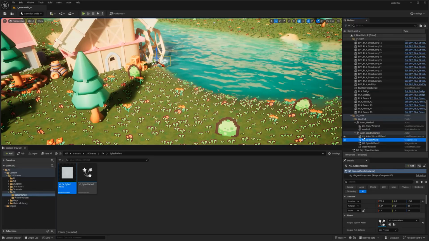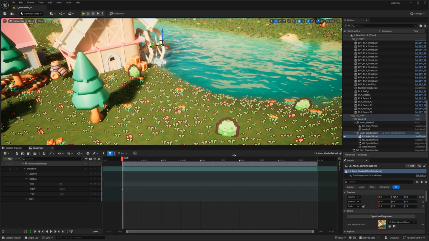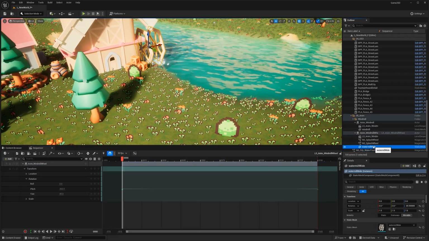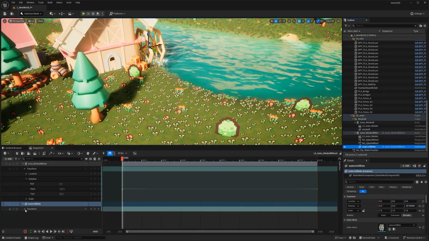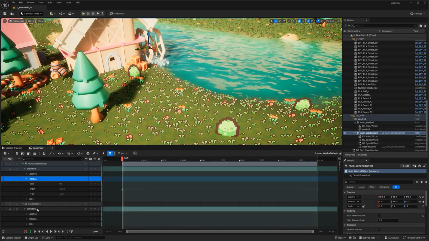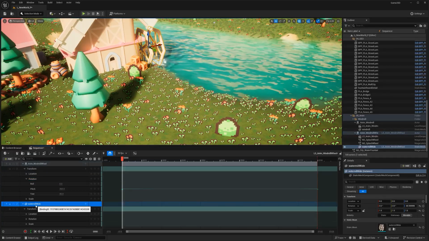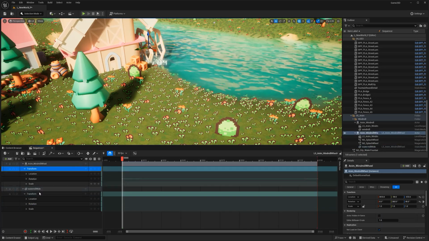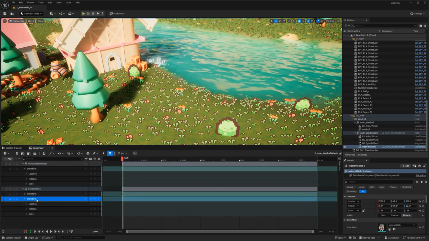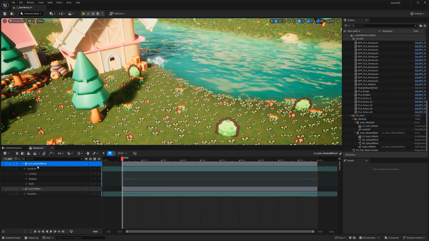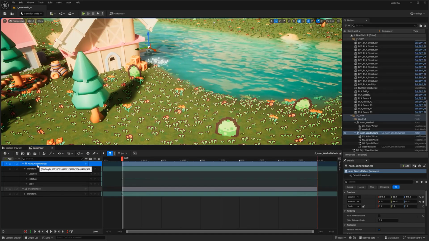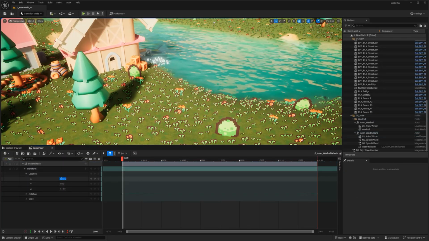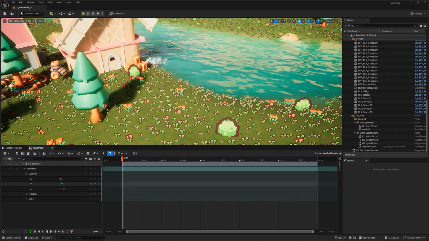So I'm going to open the thing there really quick, open level sequence, and I'm just going to add this in here and just copy my rotation to this. Is it going to allow me to? Yes, it will. And then delete the one from the other one. The problem is that I have a location thing here. So I need to zero out.